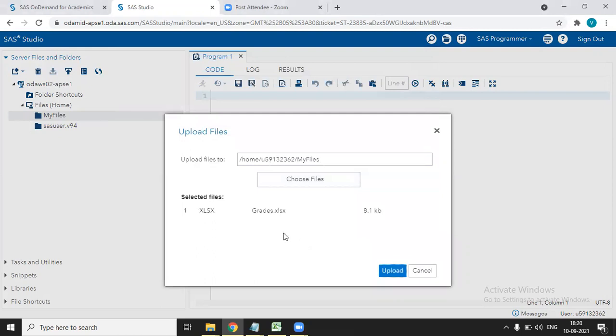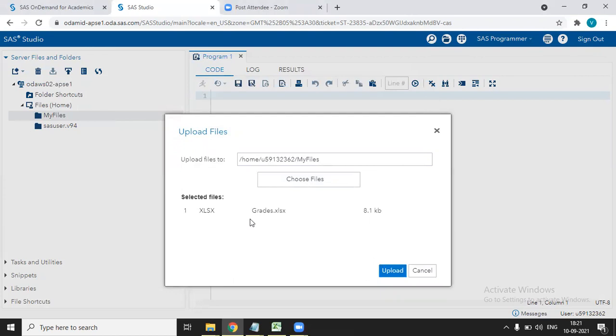When you click on open, you can see that our file got selected. You can see here one. If we had selected many files, you would see the list of all the files that we selected. For now, we have selected just one file, which is in Excel format. The name of the file is grades.xls, and the size and all the information is given in this section.